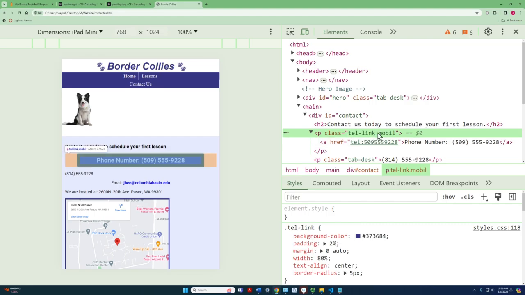Oh, hold on. No, this mobile should be in the CSS. It should be just class tel link. No, mobile is in there. Excuse me, I was wrong. It is correct. We did it right. Oh, and when I say we, I use that term loosely. I think everything's in order there, except for, oh,